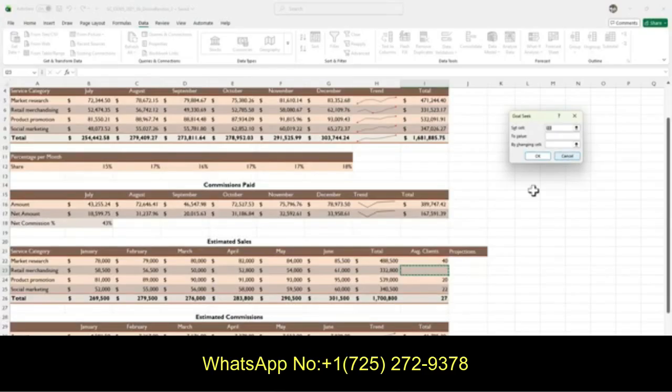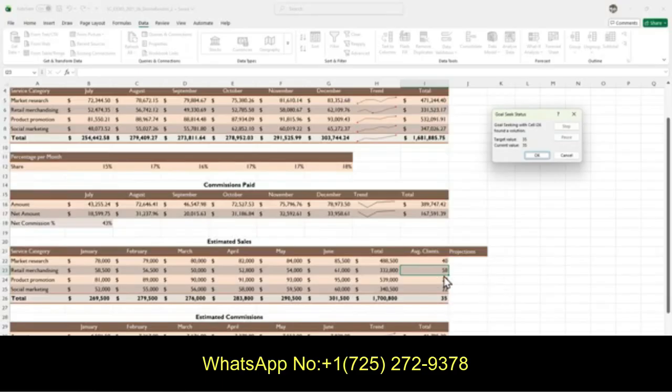And then set the cell I26, right? So set the cell I26 to the value of 35. So select I26, type 35 under to value, and then by changing the cell I23, and then select OK and let it run.